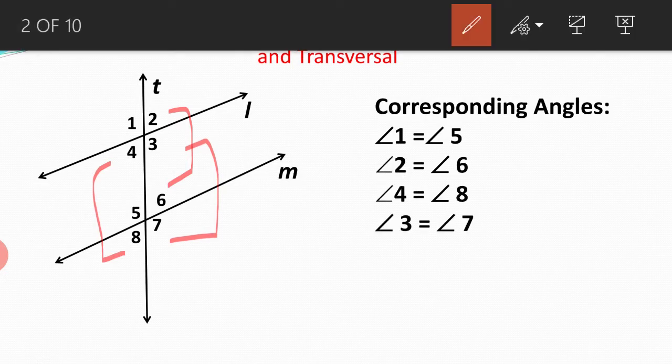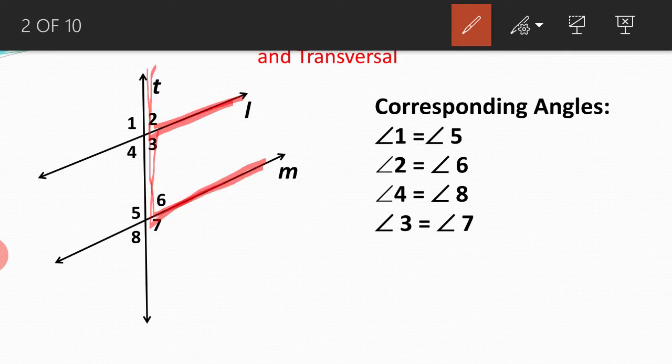Now how can we identify? Our aim is not studying the property. We can use the property only when we can identify the pair of corresponding angles. So when we go for identification, if I trace 2 and 6, which shape do we see? Is it an inverted F shape? Is it okay? So if you come across an F shape, again see tracing. After tracing, if you see an F shape, then that means a pair of corresponding angles. Of course, there should be parallel lines. This is the first condition.